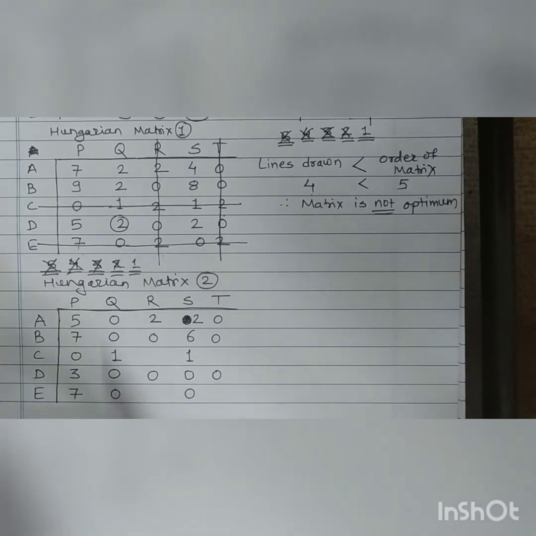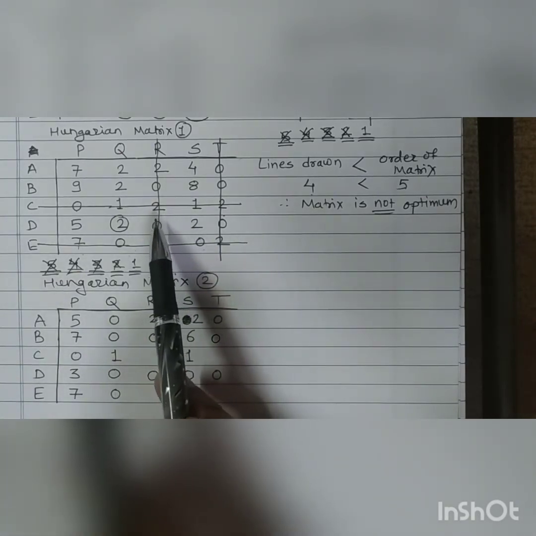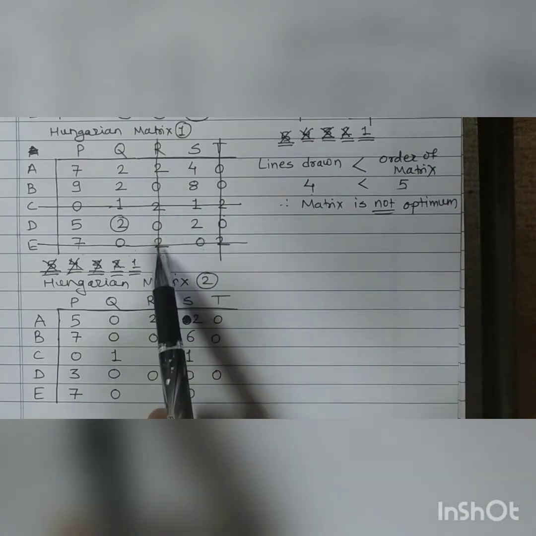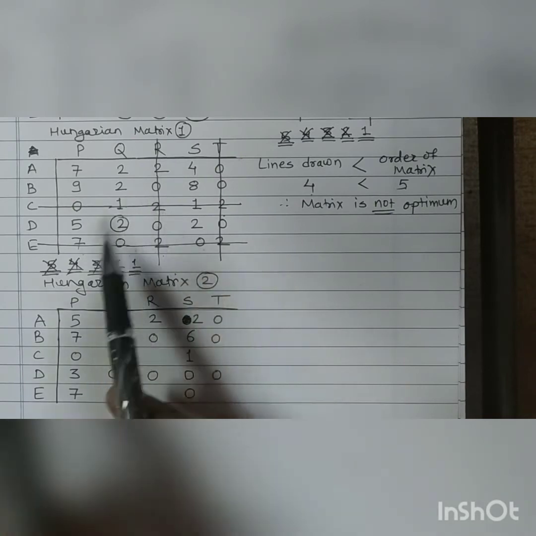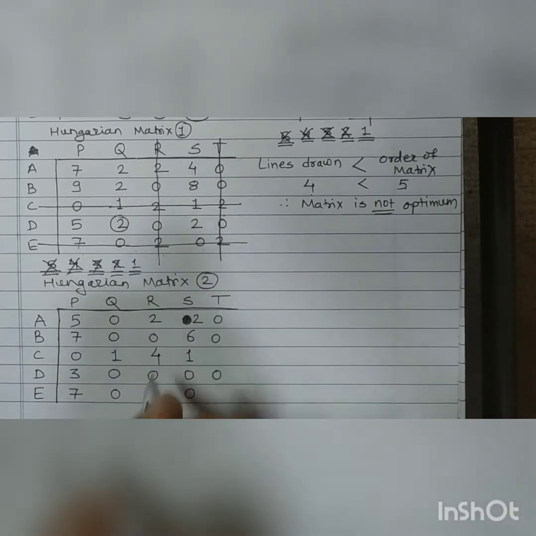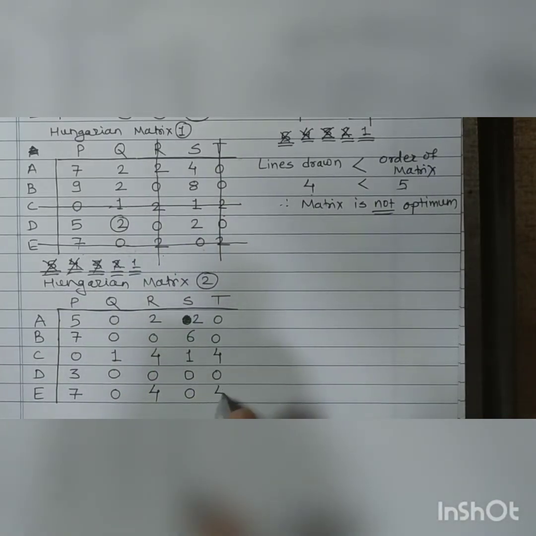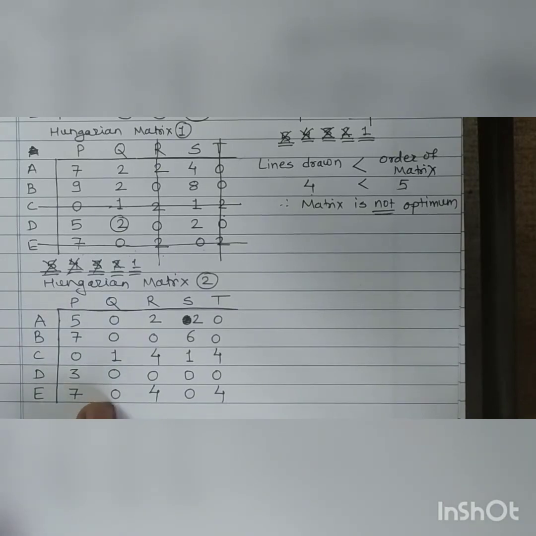Now the last remaining part, the elements which are present on the intersection: 2, 2, 2, 2. These 4 2's are present on the intersection. So we have to add this 2 to all the 2's. So the answer will be 4, 4, 4 and 4. So after iteration number 2, your matrix will look like this. Again you can pause the video and check whether your matrix is the same or not.